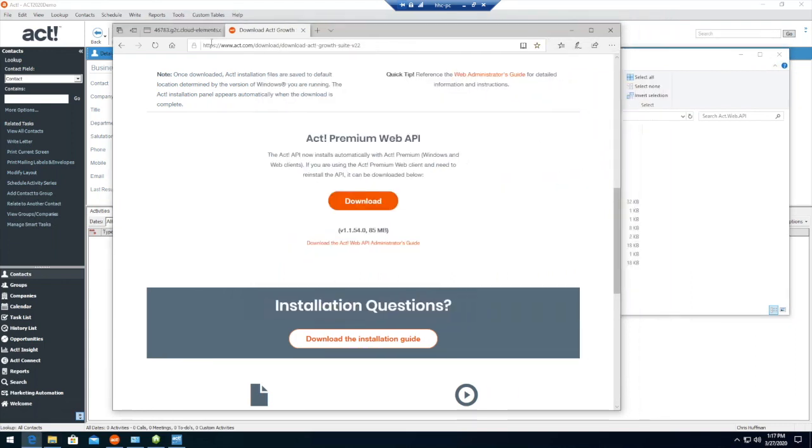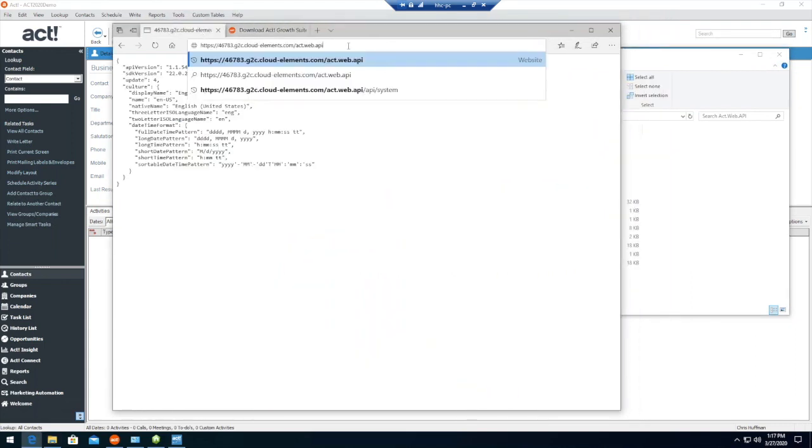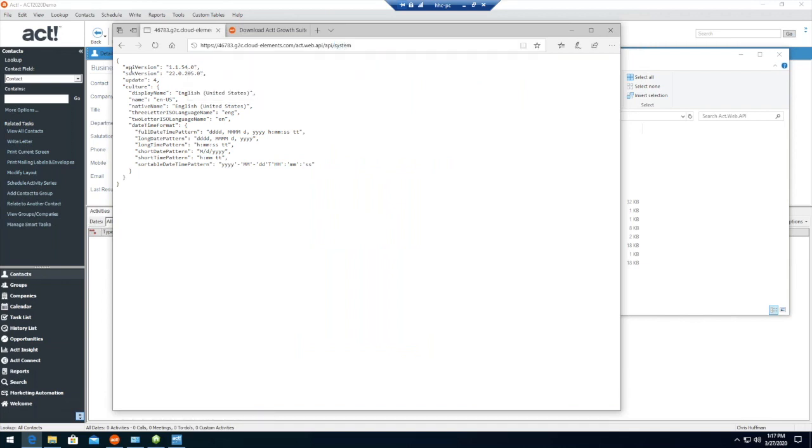And once you install Connect Link, like I said, you just add /API/system to the end of the URL, and when you go there, it'll give you the